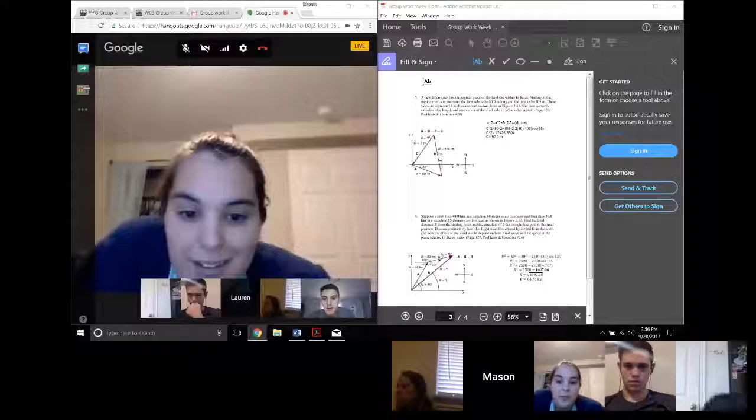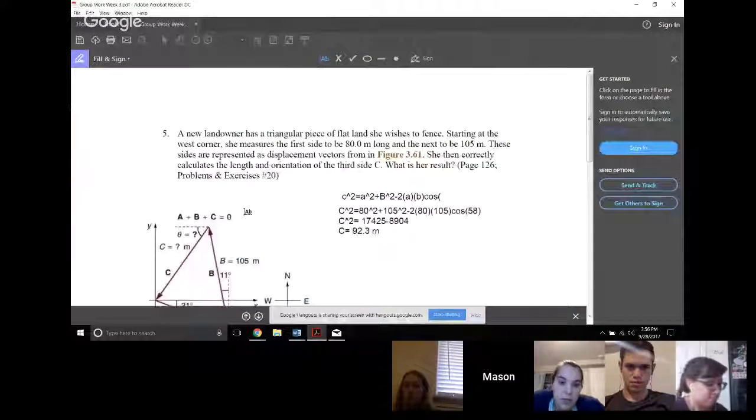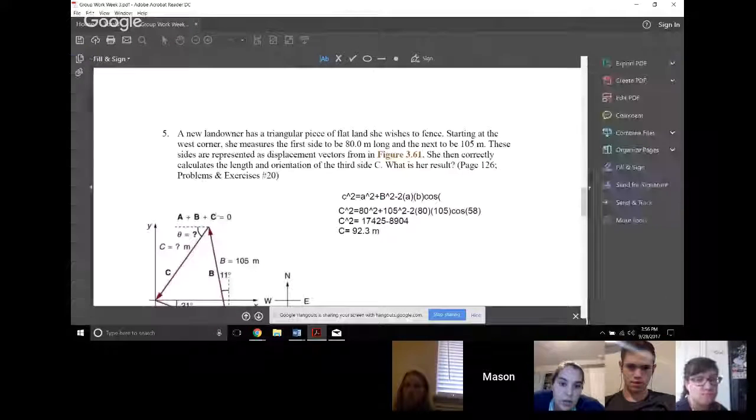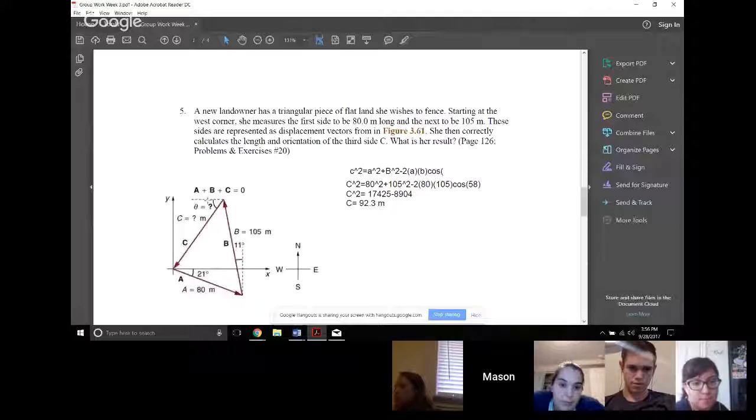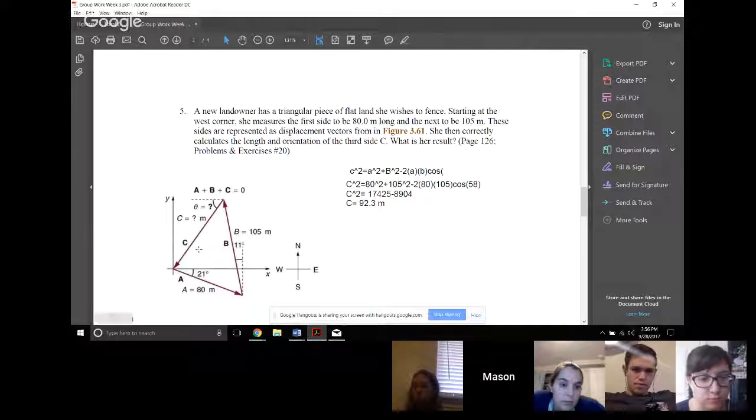The 58 degrees, I did it by creating a right angle. So you see that? I'll put it back up. Can you see my mouse when I do this? Okay. So you see this dotted line right here? If you continue that dotted line all the way to the y-axis, it creates a right square. And so since I have a right square, I have the one angle, which is a 90.